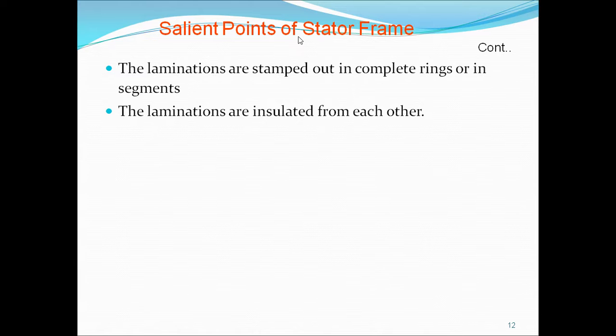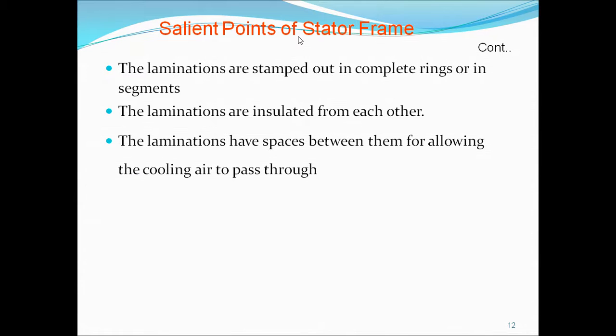Nowadays, if you have a mixie or grinder, they use an automatic switch. When the temperature rises for a particular period, designed for 100 degrees or 200 degrees, once it reaches that temperature the motor is switched off automatically. To eliminate this damage, they do the insulation like this. The laminations have spaces between them for cooling air to pass through, so that it cools the laminations.